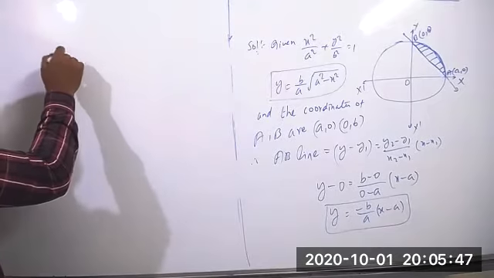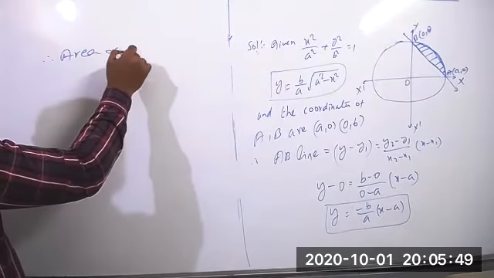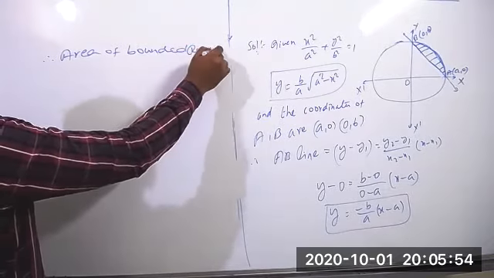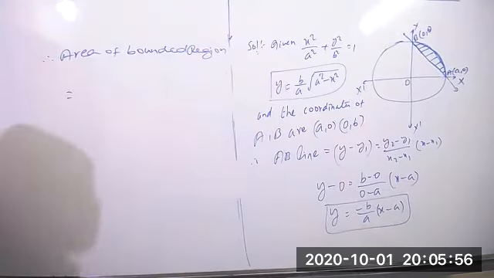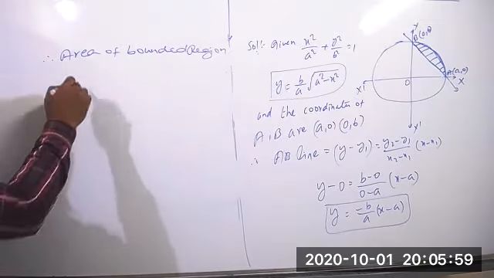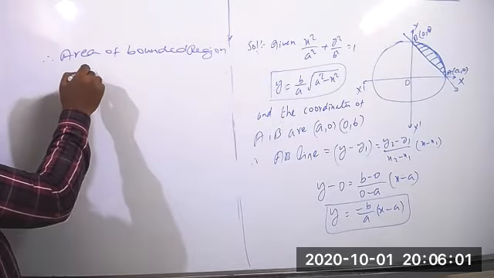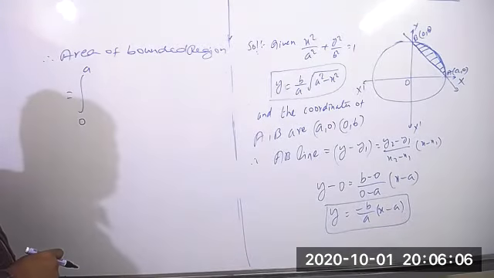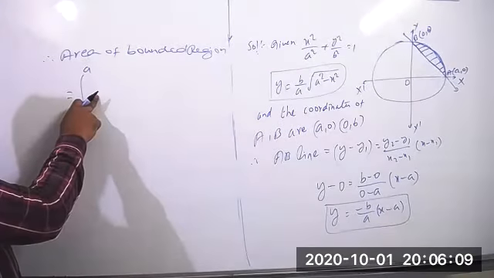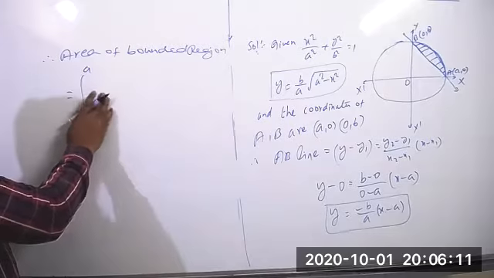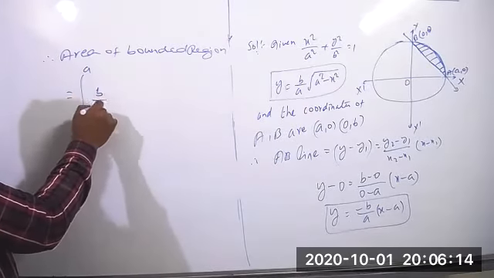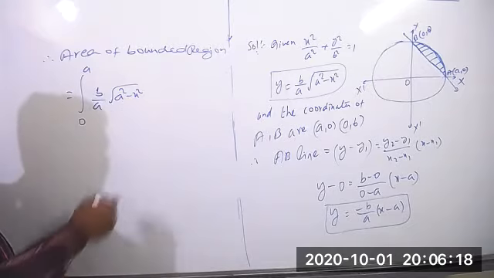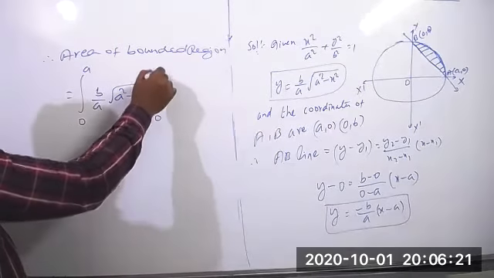So therefore, area of bounded region is equal to integration of 0 to a, the first one, the ellipse equation we have to take here now. What ellipse equation we got? b by a into root of a square minus x square, minus integration of 0 to a,